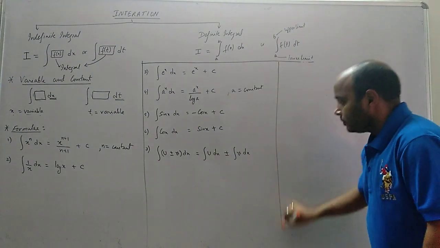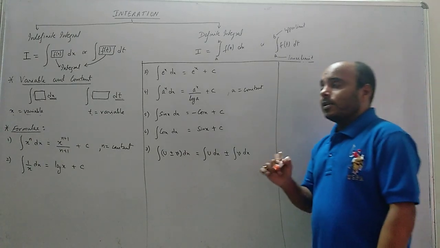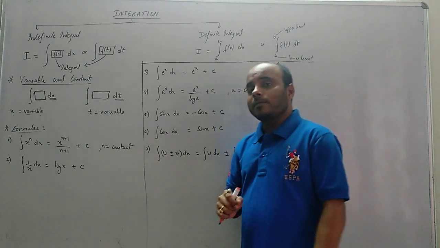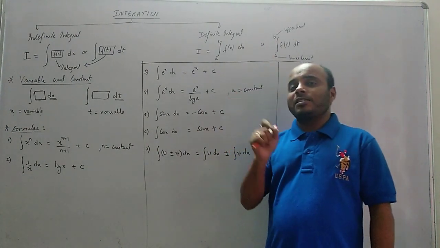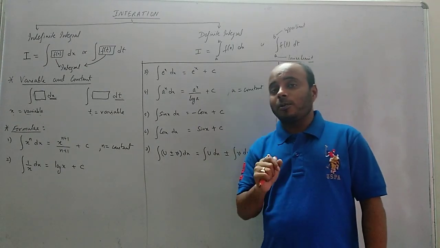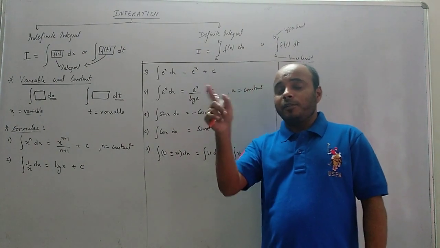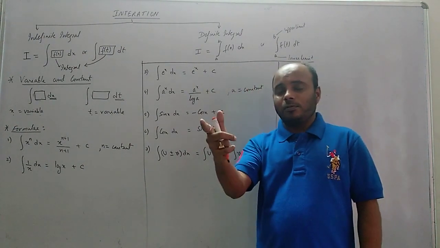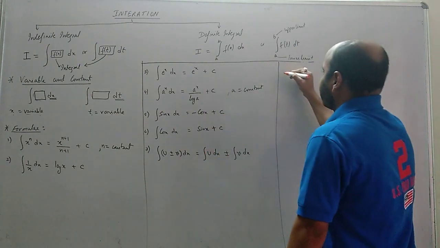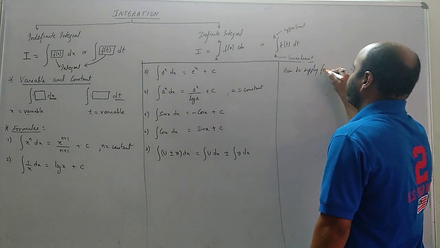Okay, next, how to apply the formulas? Like in differentiation, when we apply a formula it should exactly match the question. If it's not exactly matched, then what will happen? The formula is not applicable. You have to use some other method: simplify, or change the rule. Two things we can do. If the formula is not applicable, we try to simplify it, then we apply the chain rule. Here also we have the same concept, like see, how to apply formulas.